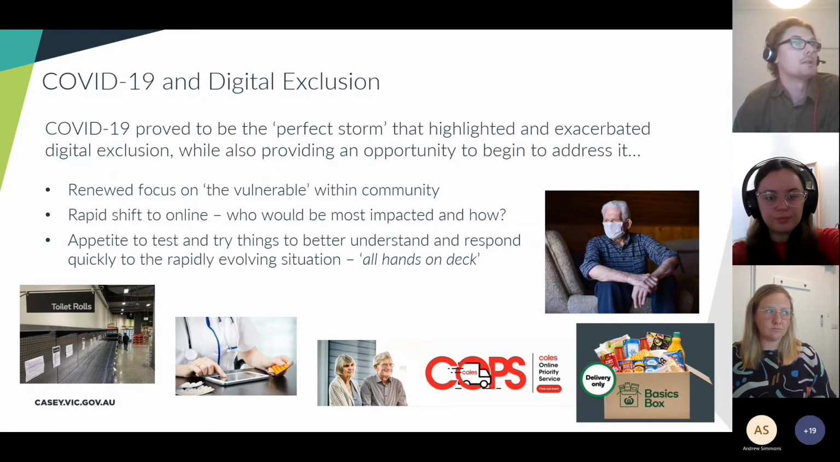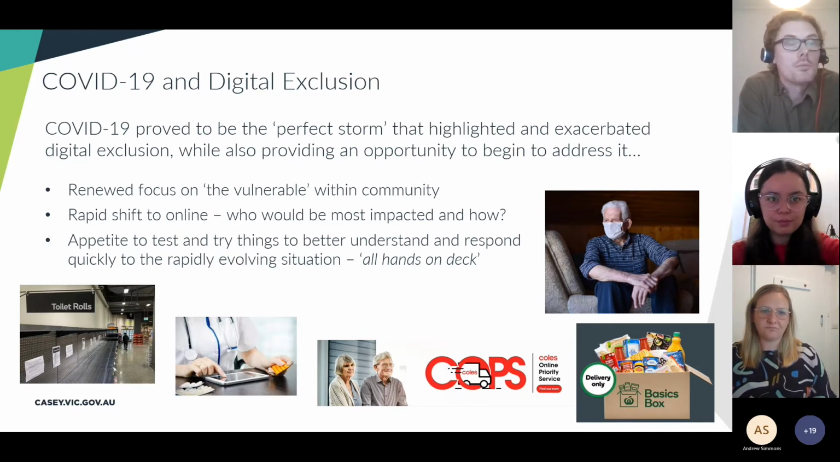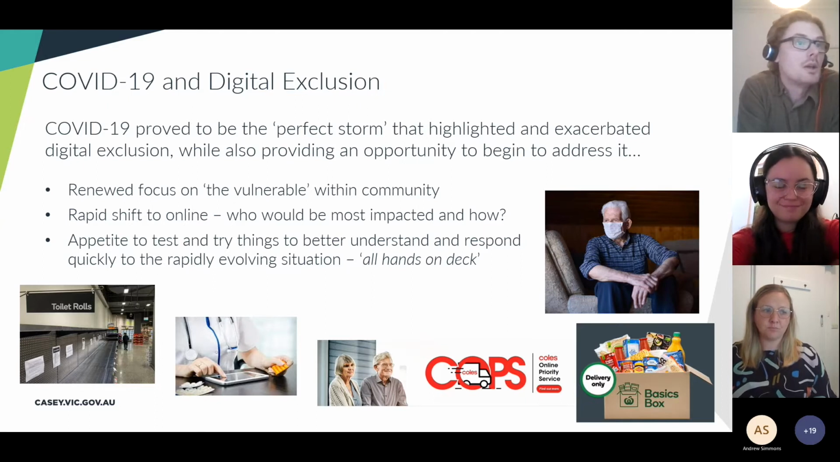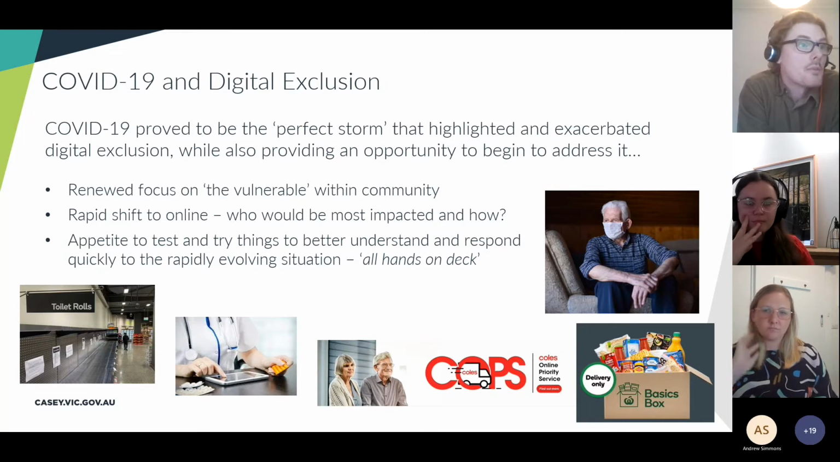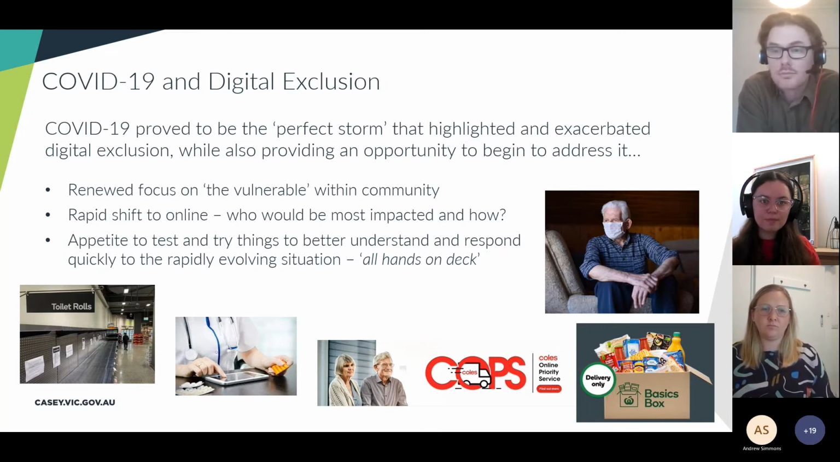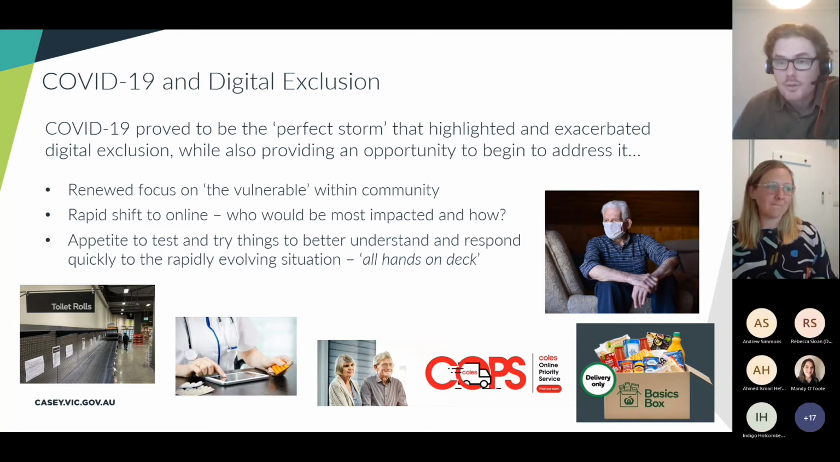So COVID-19 and digital exclusion, look, in a lot of ways, it was the perfect storm to approach the problem. It highlighted and exacerbated digital exclusion, as we all know. We all remember that initial panic of what might eventuate, groceries not on the shelves, people not able to access the essentials for life. So